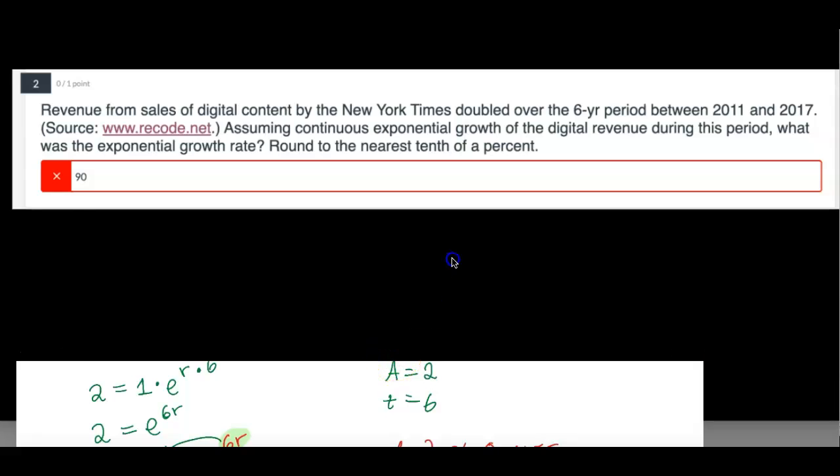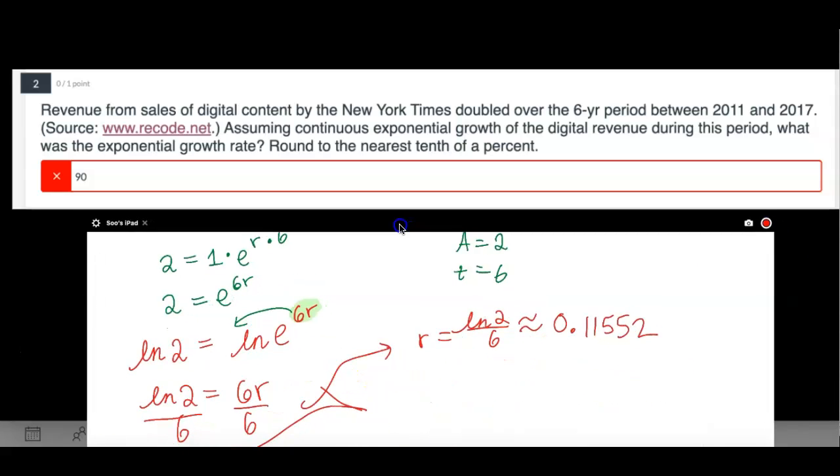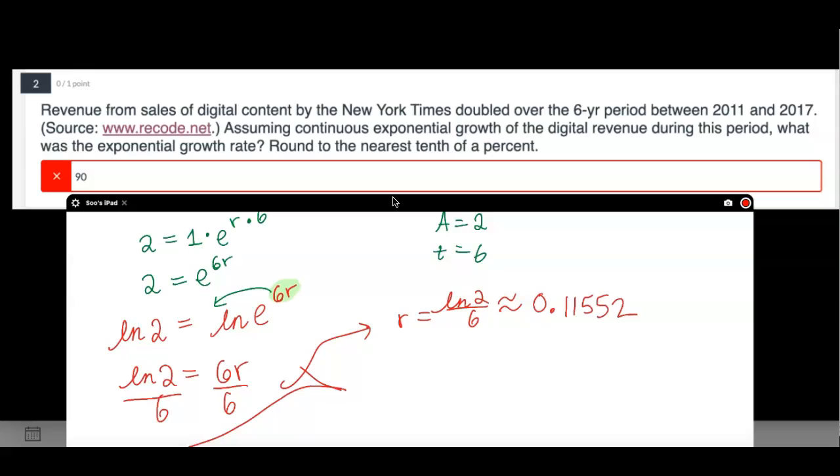If they are asking me to round to the nearest tenth of a percent, tenth is just going to be one number after the decimal. So I'll say 11.6%